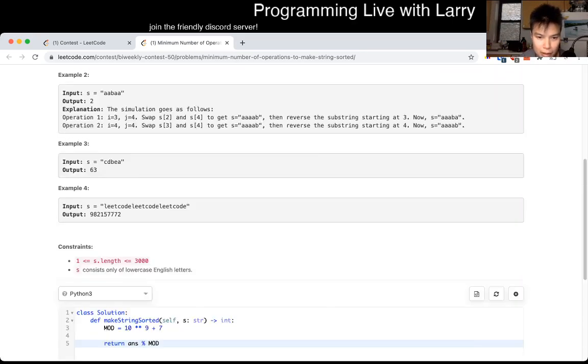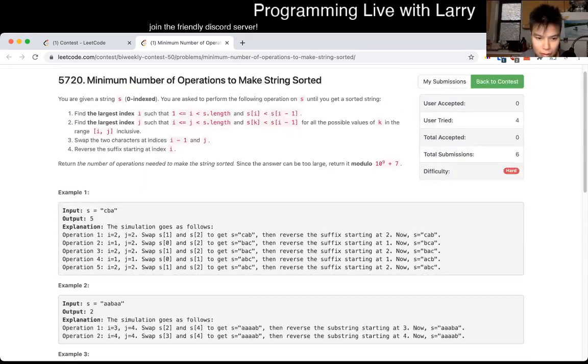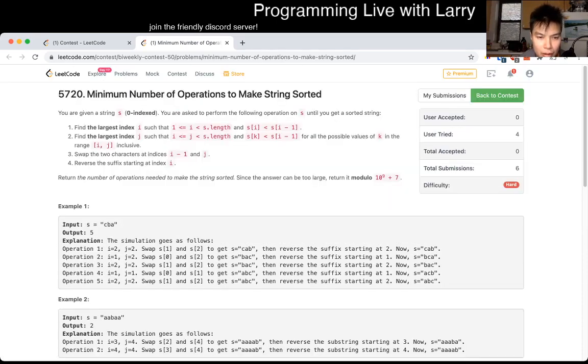This is impossible to understand. Okay. The examples don't make it really that much better. J, okay, so largest index I, so that's B. It is one index, 0 index, now that's A then. Such that 2 is less than B, okay. So that's A. J is such that, I mean, J has to be 2 at this point, but